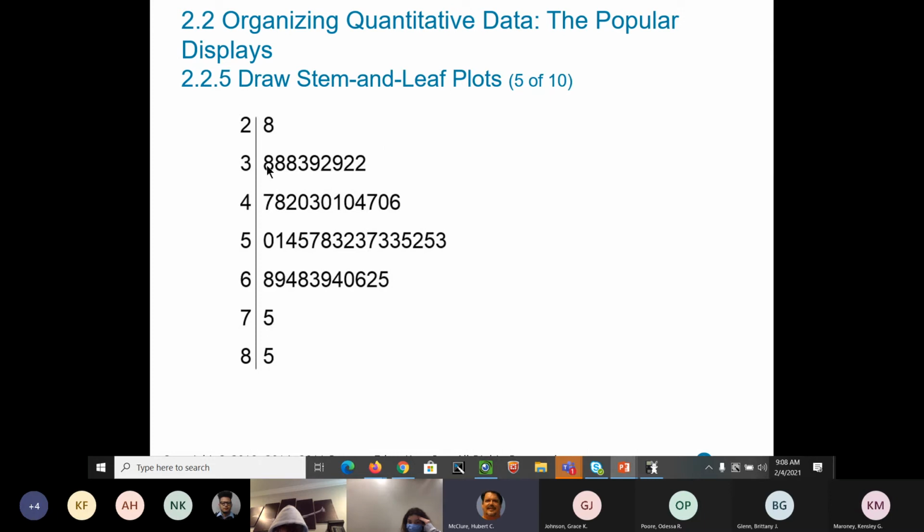And then I have 1, 2, 3, 4, 5, 6, 7, 8, 9. I've got 9 values that are in the 30s. And I've got 10, 11, 12. I've got 12 data values that are in the 40s. And I have 12, 13, 14, 15, 16. I have 16 values that are in the 50s, and so on. That's called a stem and leaf. Now, I'm not going to ask you how to make one, but if I give you